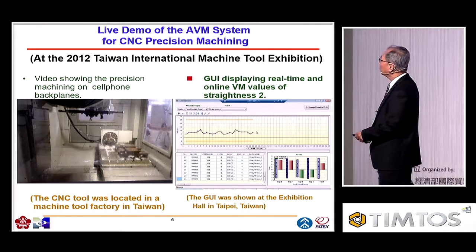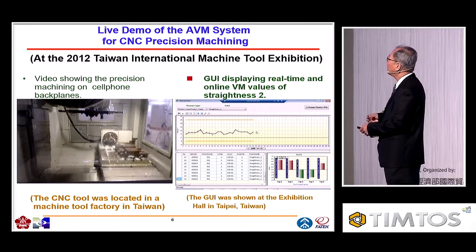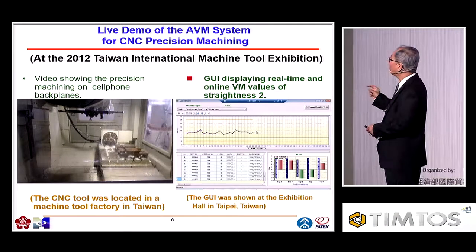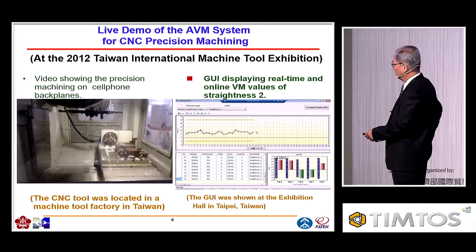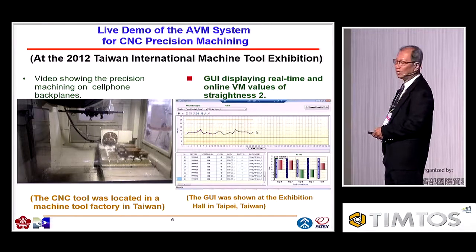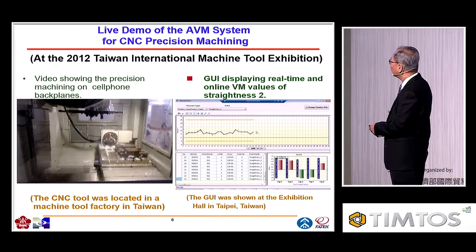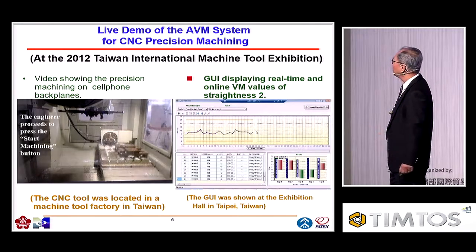And the workpiece is an iPhone 4 back plane. What we try to measure is the maximum distance of the camera hole. So you see, after manufacturing, we try to find the quality of that within 10 seconds. So let me show you what's going on.